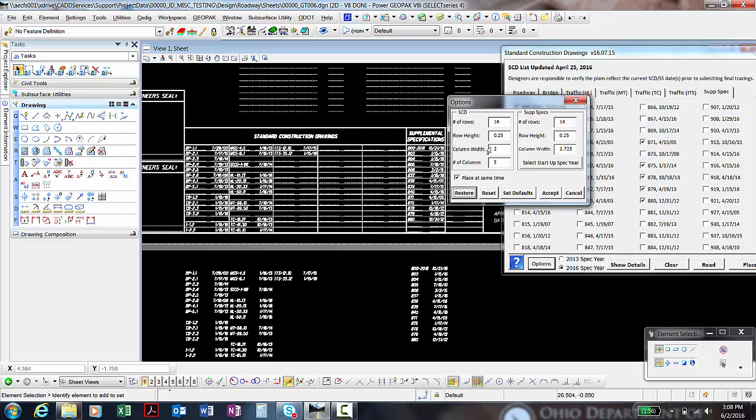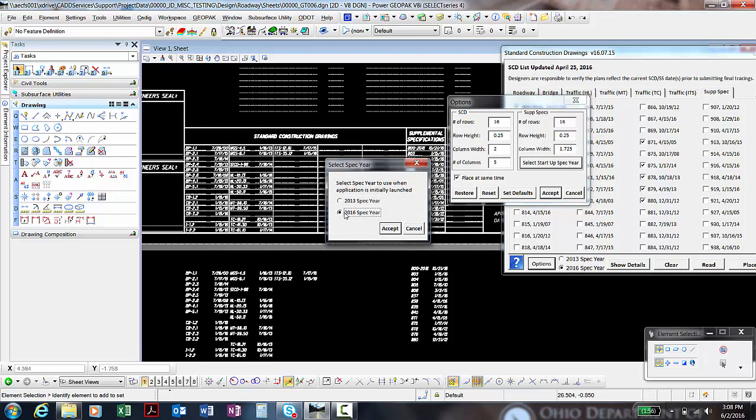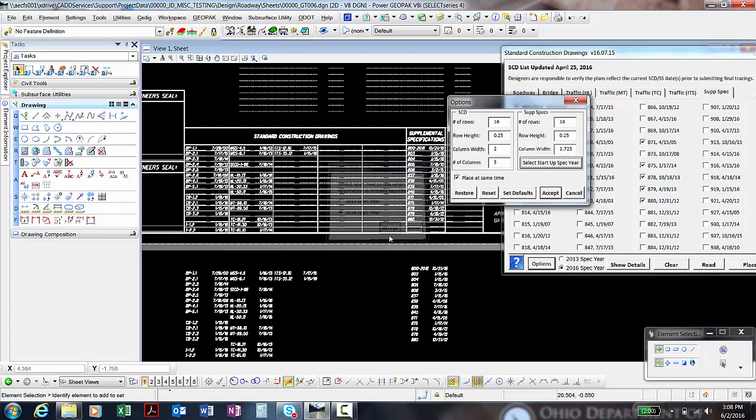So the last button on this dialog is to select startup spec year. So when I initially loaded this application, you might notice it started on 2013 spec year, when really from now on out, I'm probably going to be on 2016. So I can hit this button and I can choose 2016. When I hit accept, I'm writing a variable to the user preferences so that it knows every time I load this application, start me out at 2016 spec year, so you don't have to select that toggle every time you open it. So hitting accept